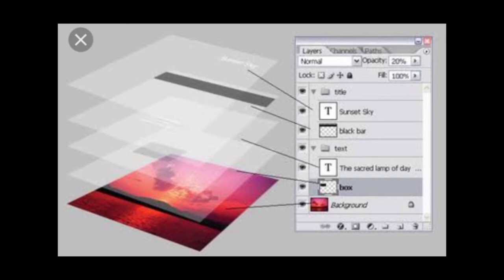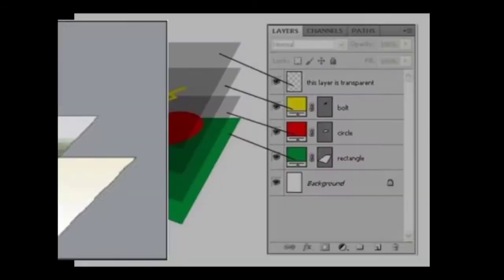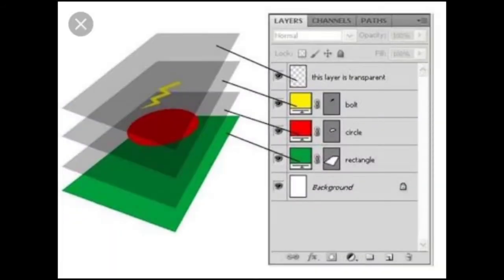The transparent areas on a layer let you see layers below. So objects are placed on layers that can be stacked or moved to create a composition. You can use layers to control how images are displayed, printed and edited in Photoshop.